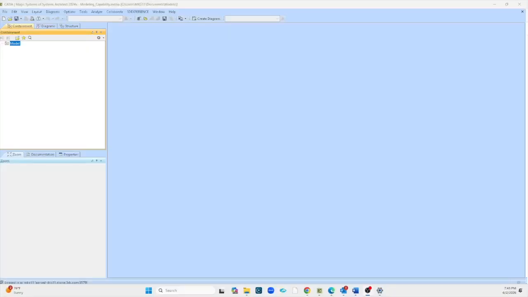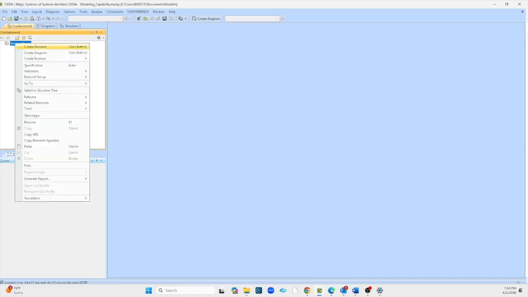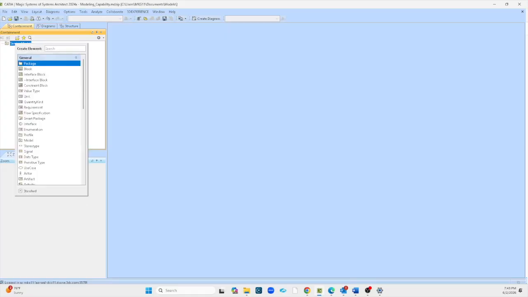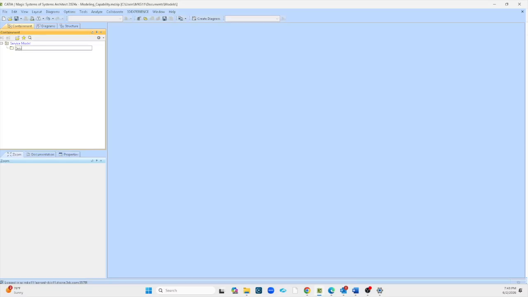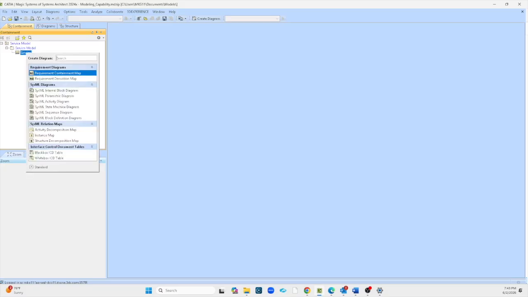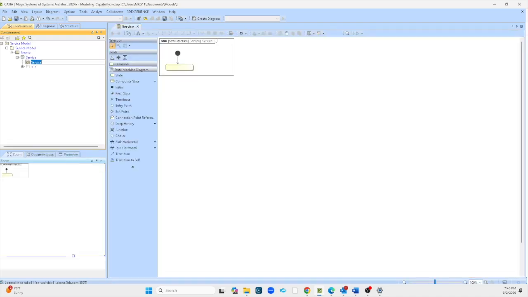All right, so we're gonna run a very quick demo. It won't be anything fancy. So we'll just rename this to a service. Let's call it service model actually. And we will create another package, service model, and we'll create a block. I'll call it just service, and we'll create a diagram, state machine diagram, and it'll be very simple,